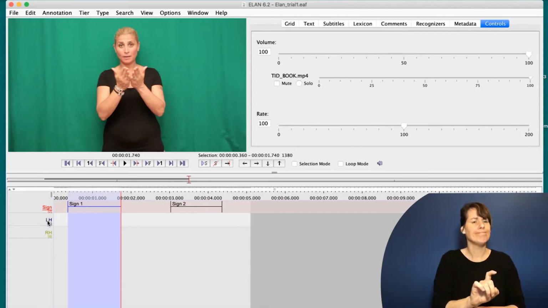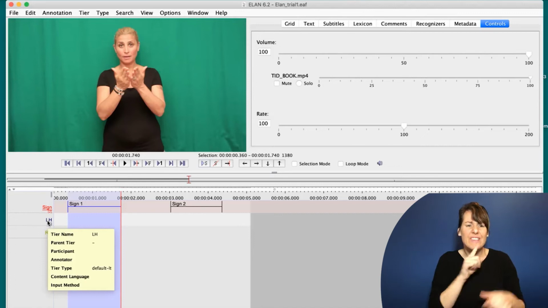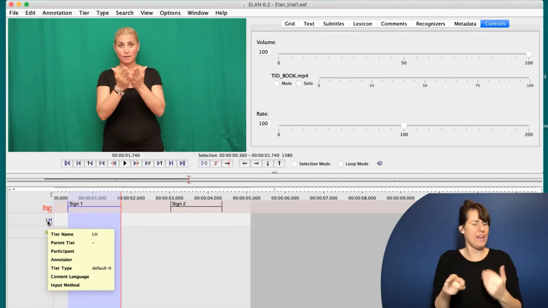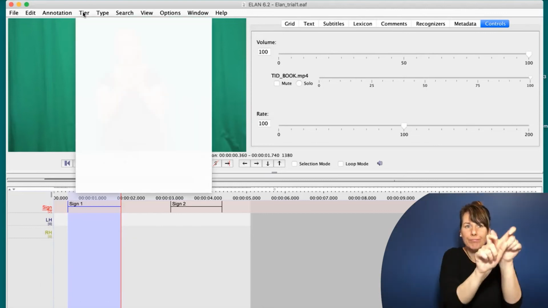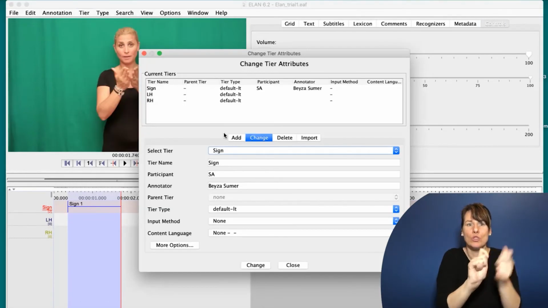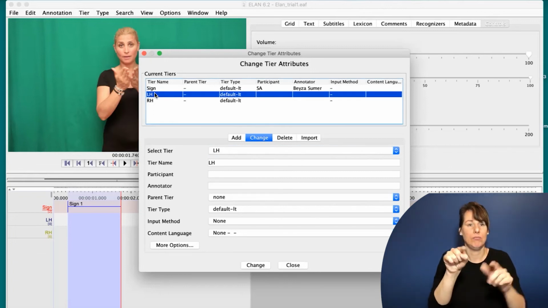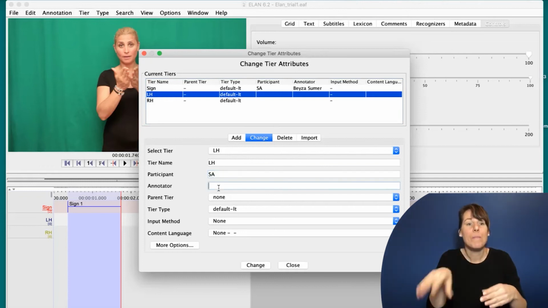But again, if I put my cursor, I see that there is missing information about the name of the participant and annotator, and it is good to have this kind of information for all the tiers that you created. So for this reason, I go to tier tab again. I want to change the tier attributes, but this time I want to change the tier attributes for left hand. I want to add information for the participants and the annotators,